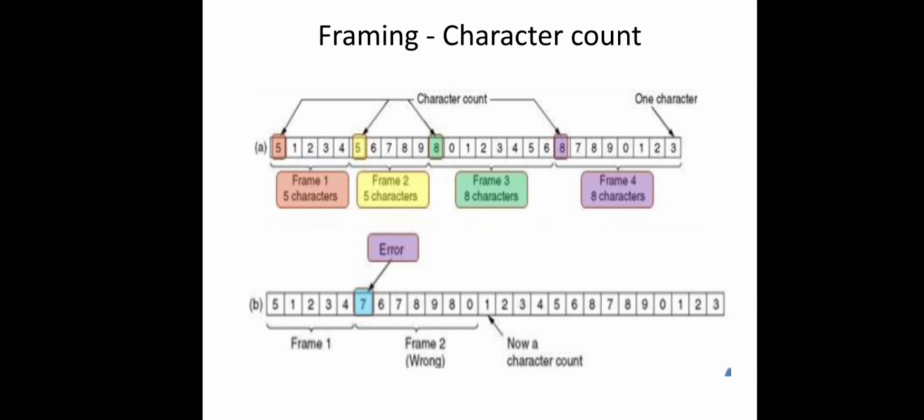So let us solve this problem by using some other method. In the second method, this type of single bit error can be tolerated. What it will do is attach special character bytes, say a flag, at the starting and ending of each frame. Special characters will be attached. Upon receiving this frame at the data link layer of the receiver, by checking this flag, it identifies that it is the start of the frame, and until it finds the next flag, everything comes under the frame information, right? And upon seeing this flag again, it will cut the frame there. The remaining will be treated as part of the next frame, like that.